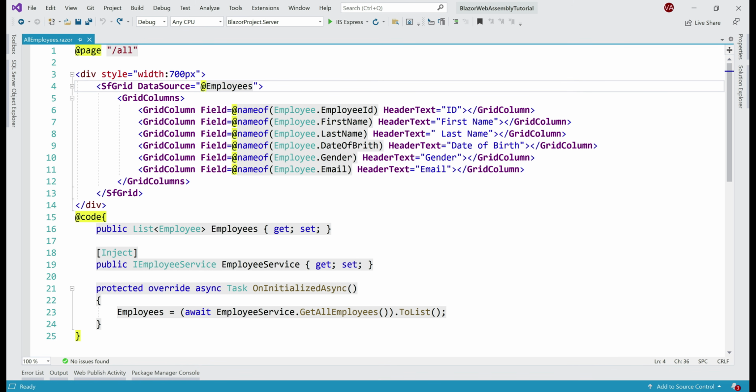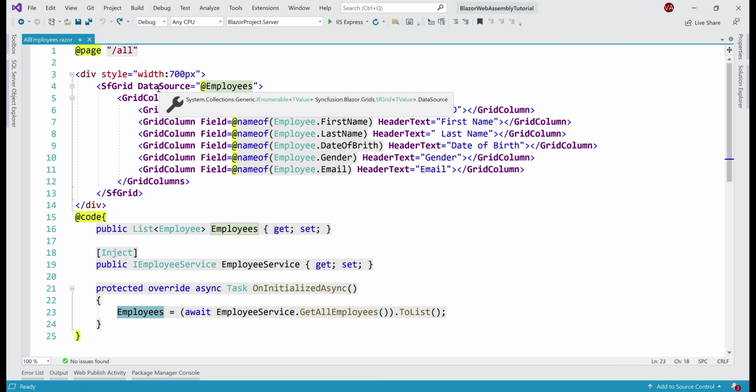This is the same project we've been working with so far in this video series. What I've done behind the scenes is cleaned up this page a bit so it's easier on the eyes. What we have here is a syncfusion data grid, and the data source for this grid is employees property, which we have right here. And we have this client-side employee service, which is calling our server-side REST API, retrieving the employees data from the database and storing that data in this employees list variable, which obviously our data grid is binding to. And these are the columns that we are displaying in the grid: employee ID, first name, last name,